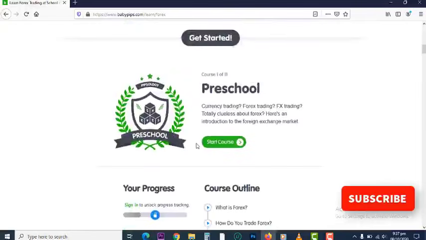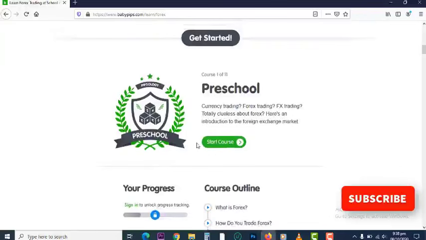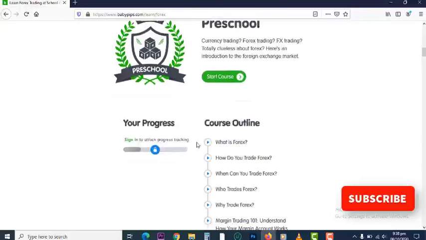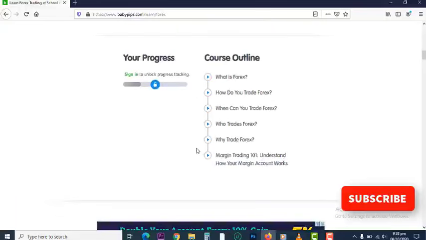So the essence of this course that we'll be doing now and henceforth is to enable you to grasp all of it, the onions, the core of the school, from course 1 to course 11, but in a very quick and fast-paced manner. So we'll not be reading word for word. When we get to any particular topic, like what is forex, I will explain in detail, give you detailed information about what that topic or subtopic is, what you need to know, what you don't need to worry about. And then we can just go real quick,